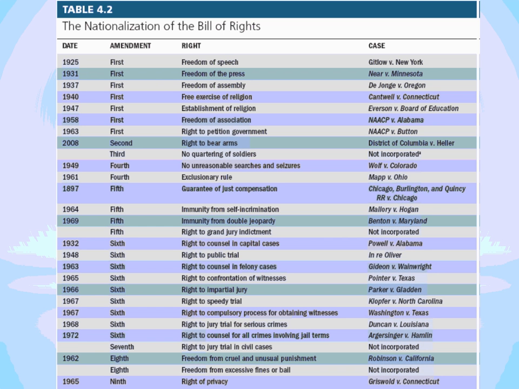So for all of them, yes, it's a lot. For all of them, you're going to pay attention to which amendment is at stake, and they're grouped, right? So all of our First Amendment cases are going to be grouped here at the top and so on. And you're going to write down the decision, what the court ruled. But for many of them, you might want to include some other information, especially if there's a test that is